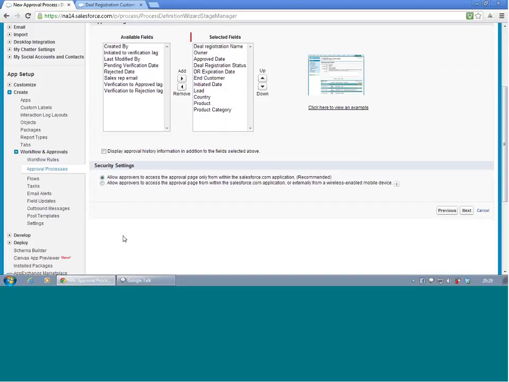Okay, so there is another option which the approvers can do from mobile devices also, because Salesforce has an iPhone app, and the only thing is they have to link that application to Salesforce. But Salesforce normally recommends that if something needs to be approved, they approve it only through Salesforce. And there is a display option, the small checkbox, which the approval history information will also be displayed during the